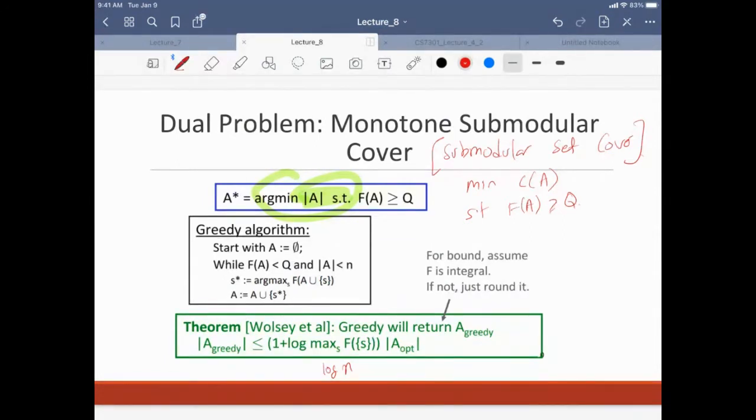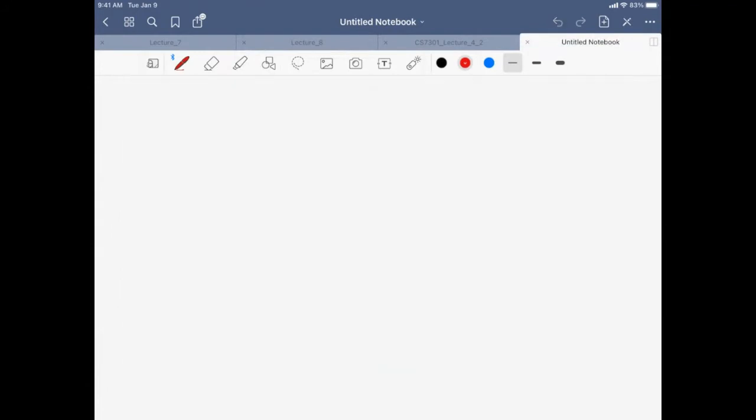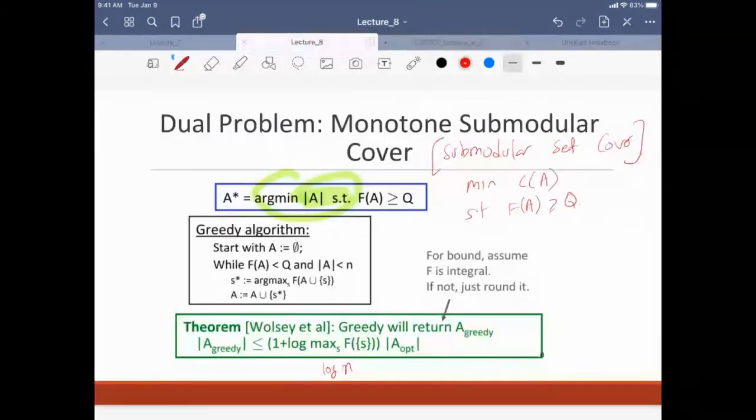Okay. So if instead of the cardinality of A, we have the specific cost function C of A, is the same algorithm used in that case, or is a different one used? Yes, the algorithm is the same. Okay, just a slight difference. So you need to divide here by C of S, right? So you need to make it into a cost-sensitive cover. Okay, so the cost-sensitive greedy basically.